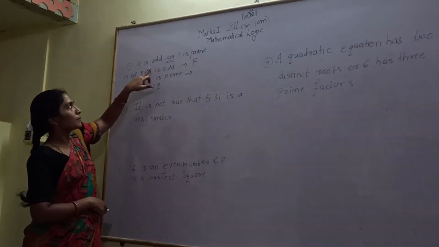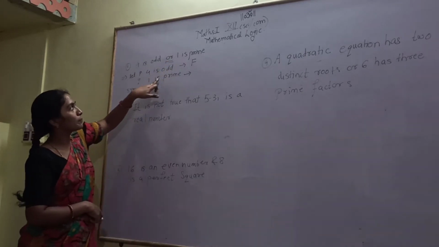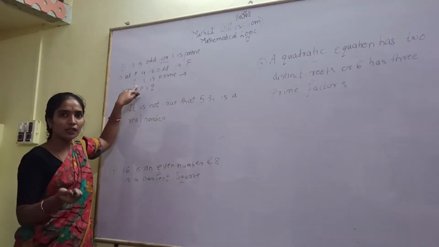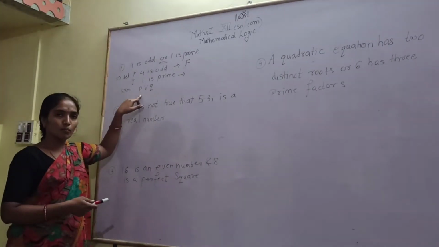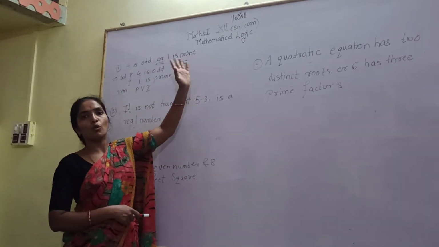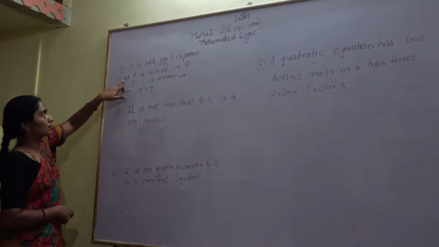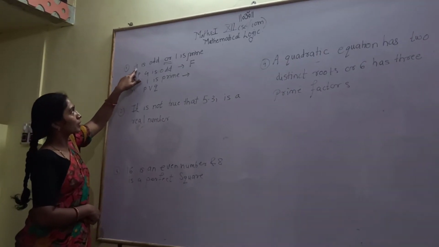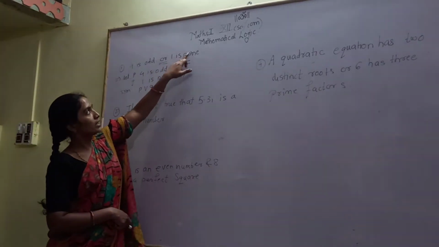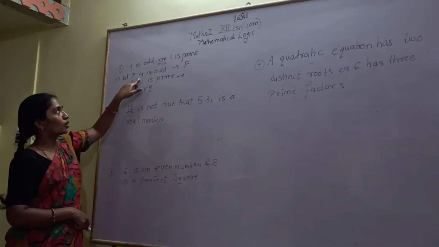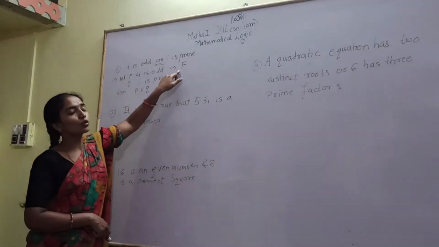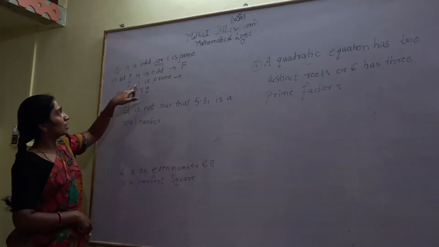We want to first of all split this compound statement into two simple statements, and check the truth values of P and Q separately, write it in symbolic form, put those values in and check whether the truth value is true or false. Okay, let me see. Let P be the first statement, 4 is odd, and Q the second statement, 1 is prime. We all know that 4 is not an odd number, it is an even number, therefore its truth value is false. Similarly, 1 is prime.